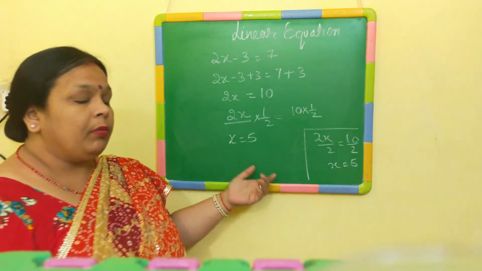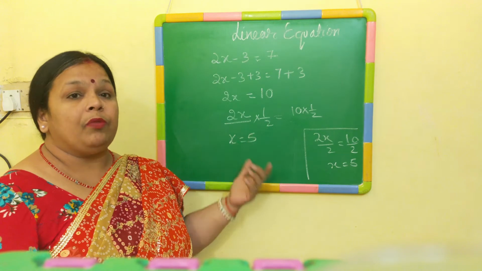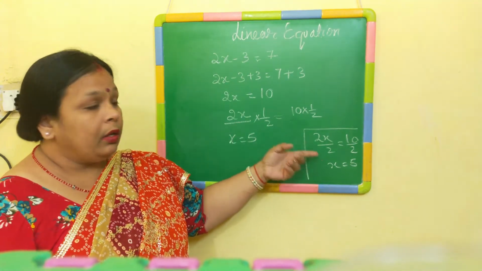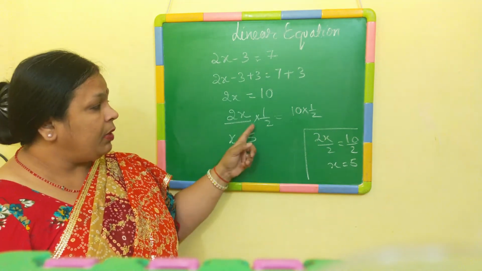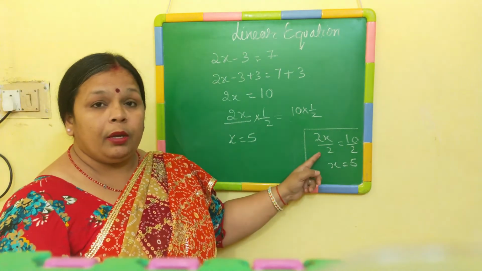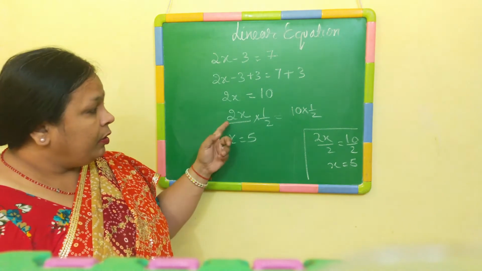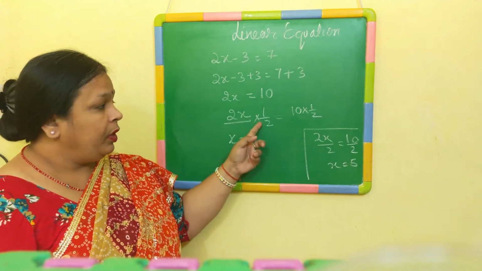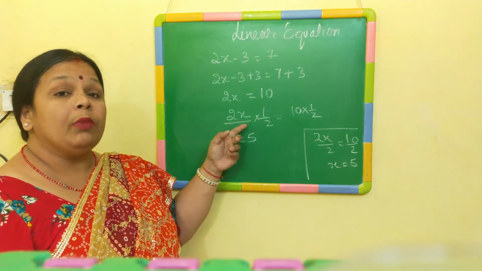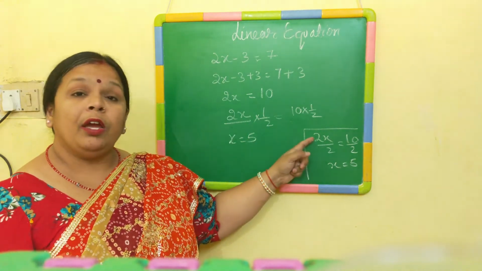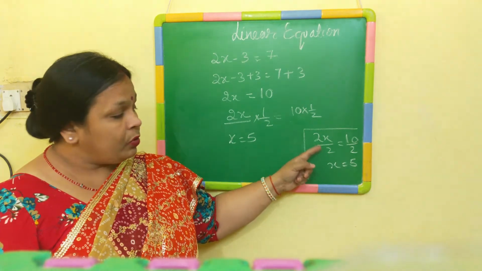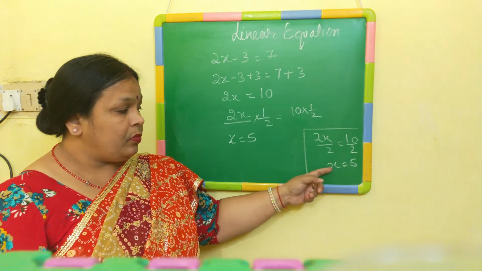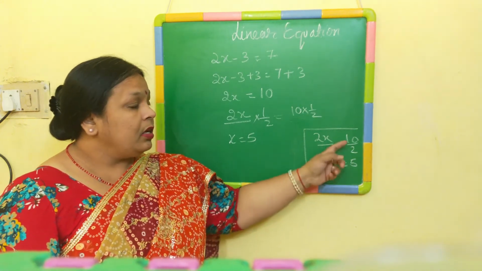As I have already told in many of my videos, multiplication and division are a bit similar. We are multiplying it by half, we are dividing it by 2. So here what we are doing is taking the reciprocal of 2. To make it 1, we are using the multiplicative identity. Here we have divided it by the same number, so that you will get the value x is equal to 5, a single value.